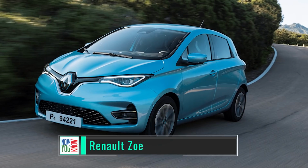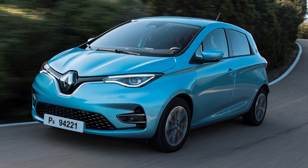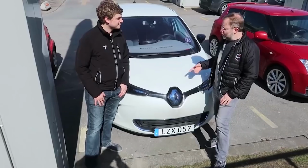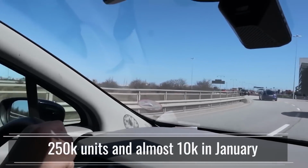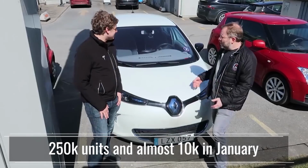Now, if you're not a European, then you may not know much about the Renault Zoe, which is an electric car, but that's because Renault only sells them in Europe. And it's a great little car. Jesse and I checked out one of them on one of our recent European trips. It's also one of Renault's best-selling cars, having now sold more than 250,000 units, almost 10,000 of which they just sold in January. Wow,